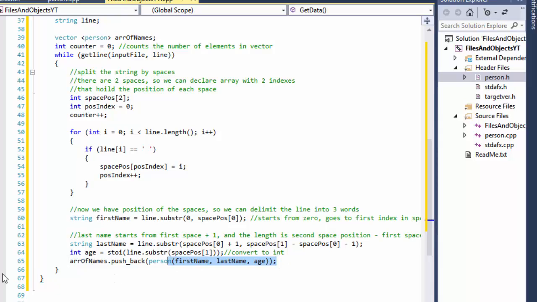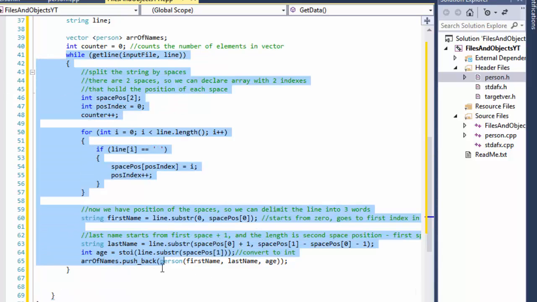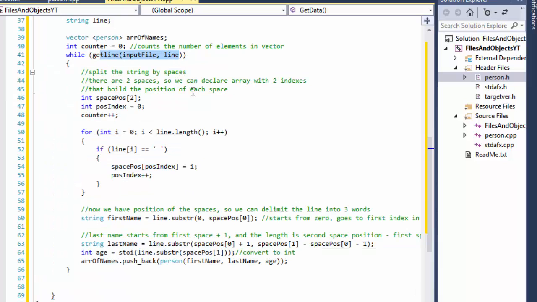Okay, so that's how you split it. That's how you add it to the array, or in our case into a vector. So after the while loop ends, when there's no more lines, we can move forward. We can now close the file, so we will input file.close,